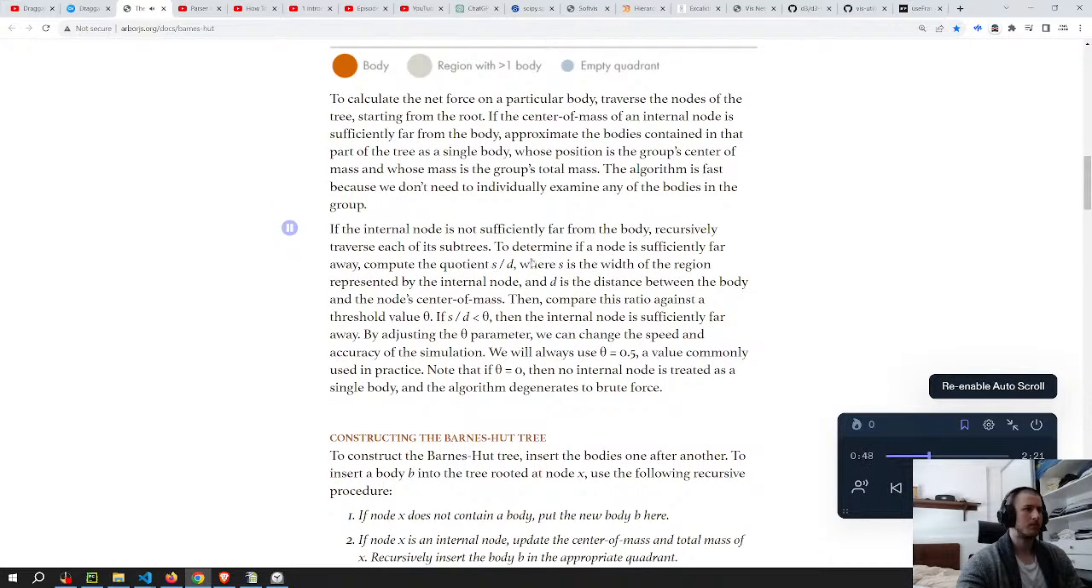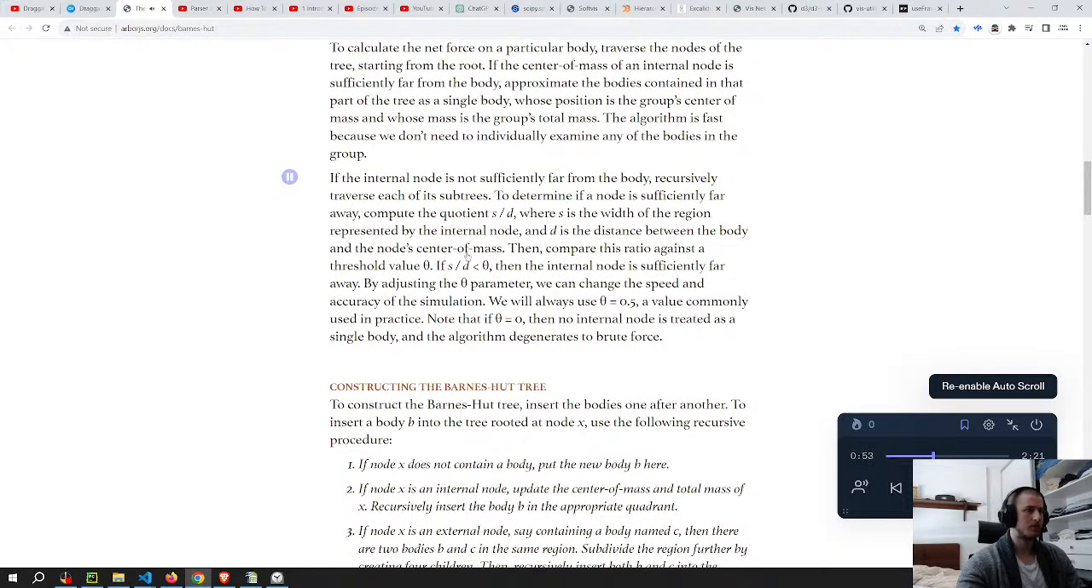To determine if a node is sufficiently far away, compute the quotient s over d, where s is the width of the region represented by the internal node, and d is the distance between the body and the node center of mass. Then, compare this ratio against the threshold value theta. If s over d is less than theta, then the internal node is sufficiently far away. By adjusting the theta parameter,